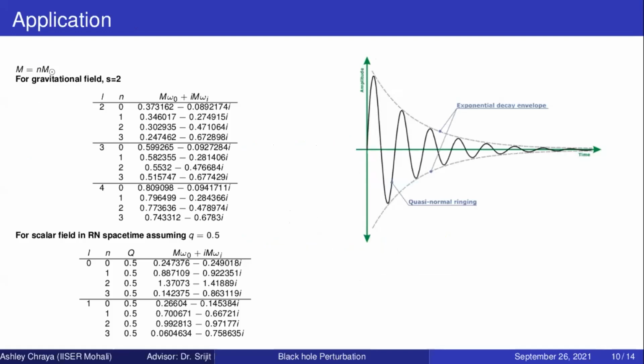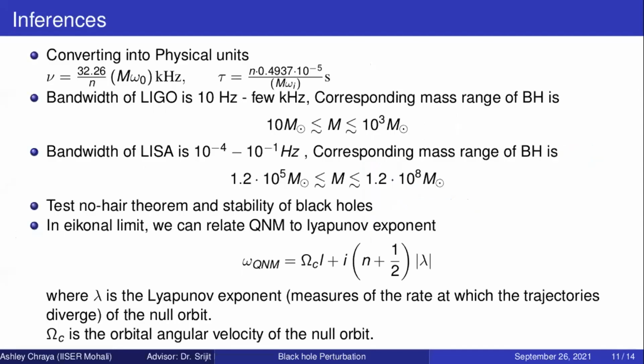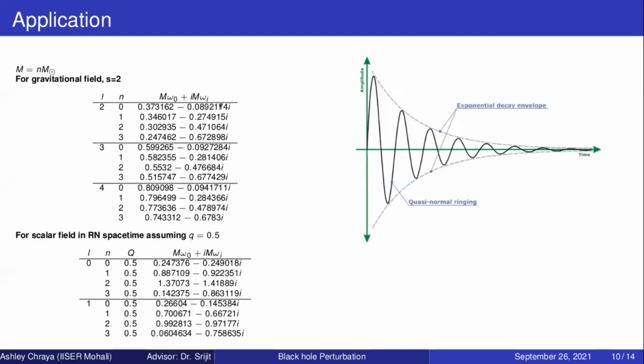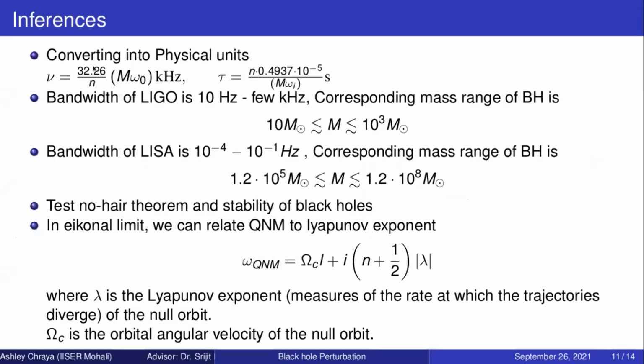The next question is asked by Shomrat Roy, and he is asking, how would you test the No-Hair theorem with this? Yes, the No-Hair theorem. So within this GR theory, for the fundamental overtone, we will take this m omega naught and these damping numbers, and we will put them in this equation. By this equation, we will get the mass.